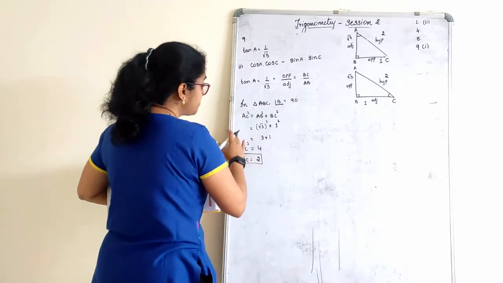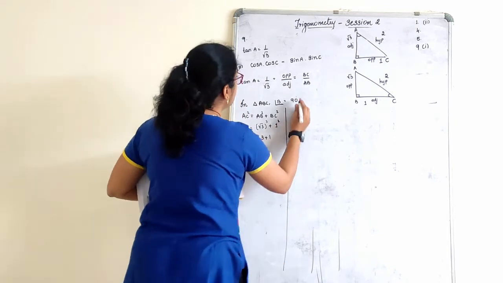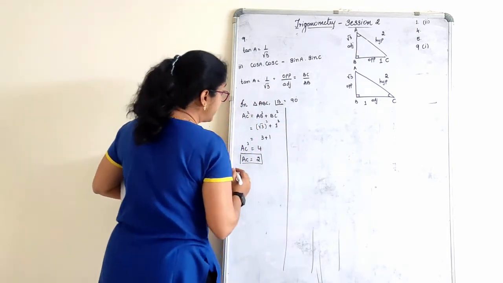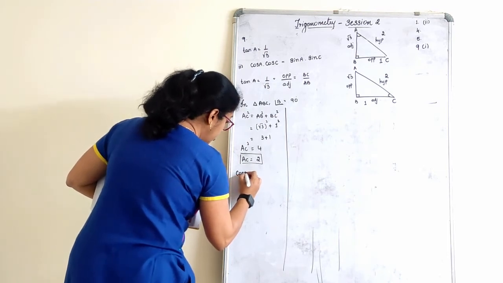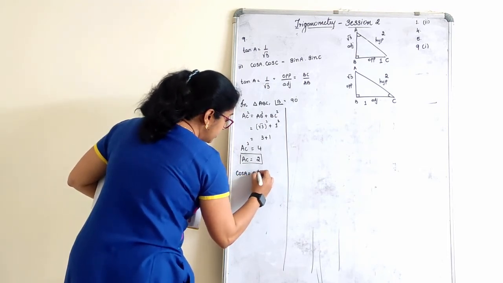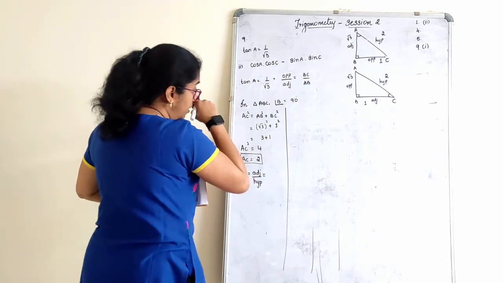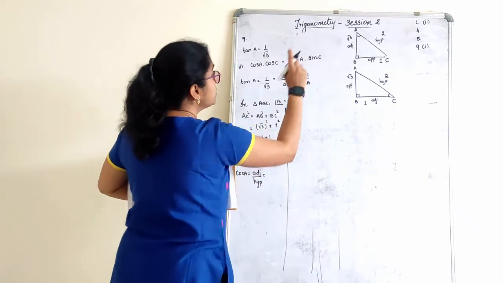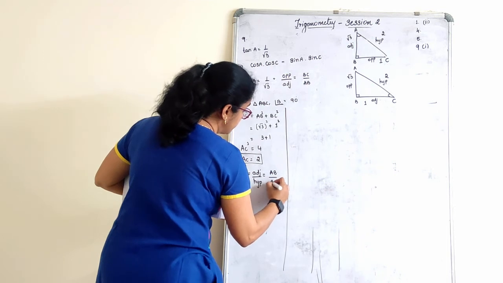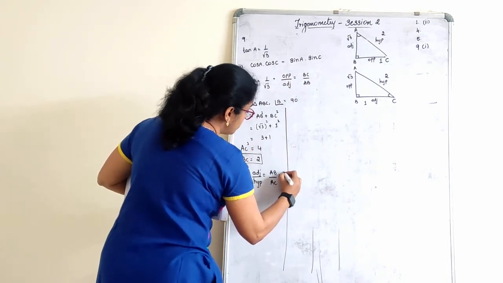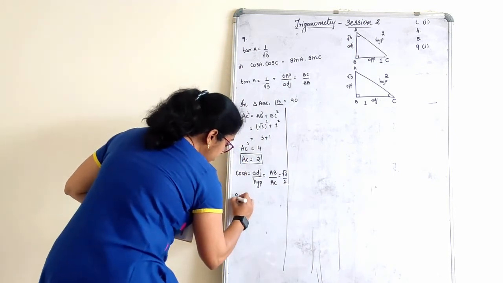That's all. Done? Okay. What is the question I have to solve? First of all, I need to find those values. It is better you find them initially. First to find cos A. Cos A is adjacent upon hypotenuse. Adjacent is AB upon AC, which is root 3 by 2. Cos A is over, sin A we will find.